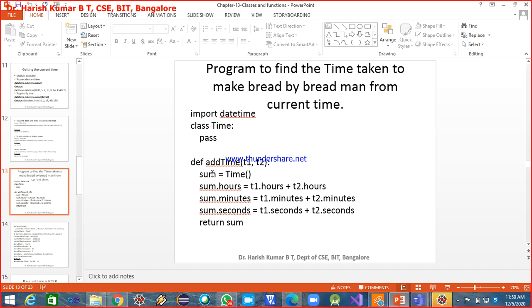In the previous class you also understood that an instance can be returned from a method or a function. You can pass it as an argument, and you can also return it as a return value. So I hope all of you understood: this function is summing the times from the instance t1 and the instance t2 and storing it into a new instance called sum.